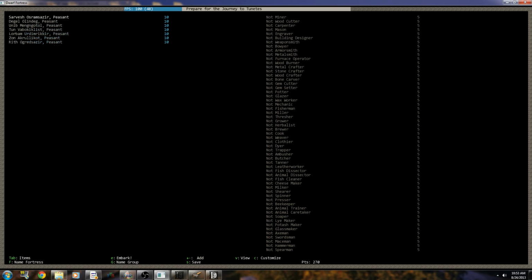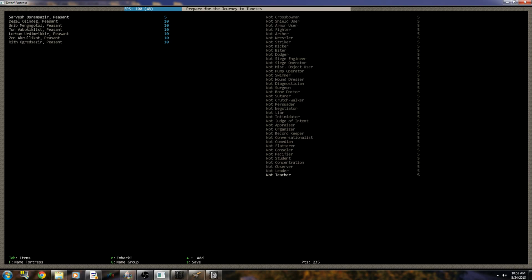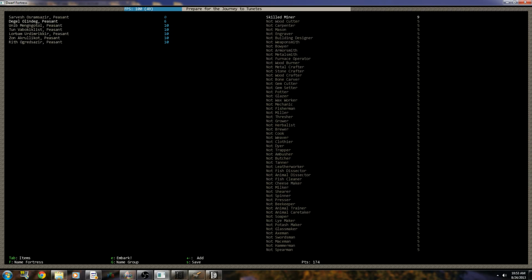Let's see. Alright, first thing we want to do is get one guy a miner, and in addition to a miner, he is going to be a leader. Alright, and we come over to this guy, and he's going to be just a miner. And this guy is going to be a woodcutter and a carpenter. And I'm trying to be gentle with my points here. This guy's going to be a mason and a building designer and a mechanic. This way I can